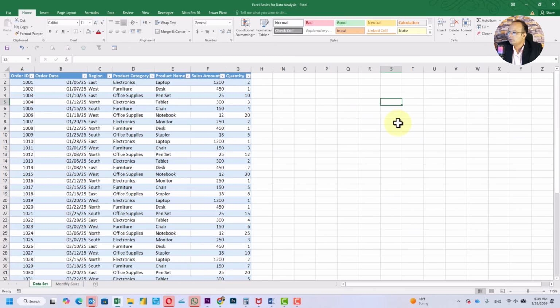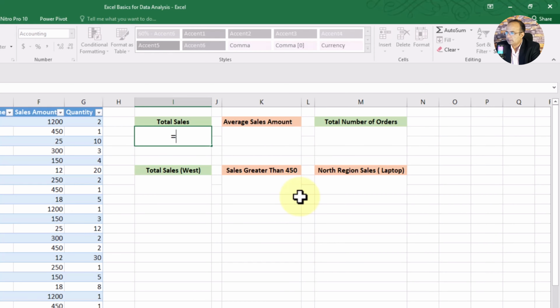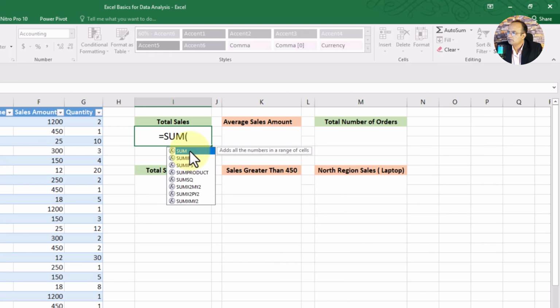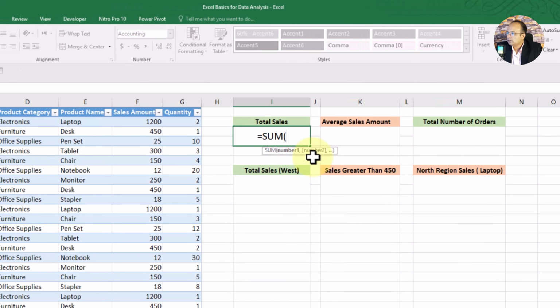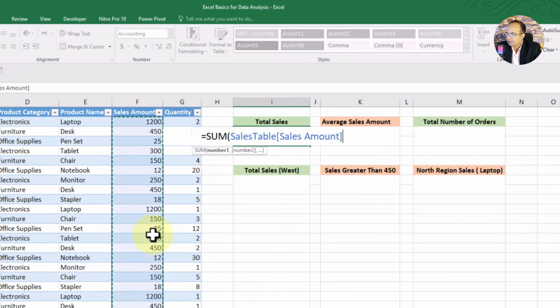Let's suppose we want to get the total sales. What we will do, we will utilize the sum function. Click equal, then type sum. Click to start the function, then it is giving us number 1, number 2. It means that we have to give the range. Our range is the sales amount column. I will click on this first cell, then press Shift Ctrl down arrow key to select the entire column because it is our entire range.